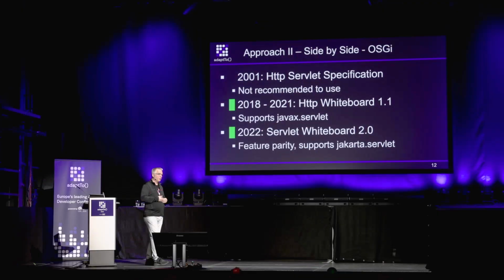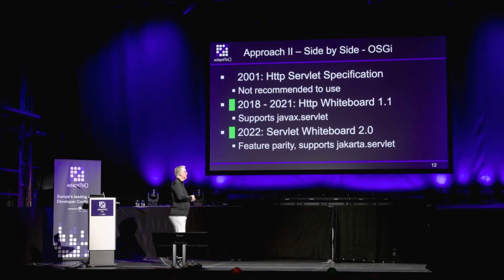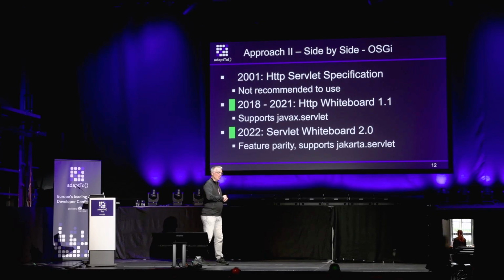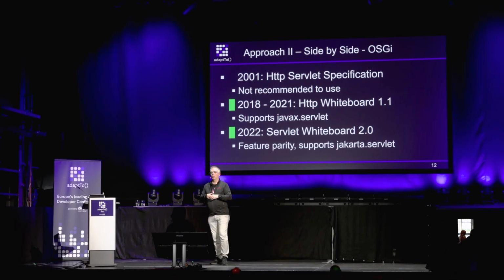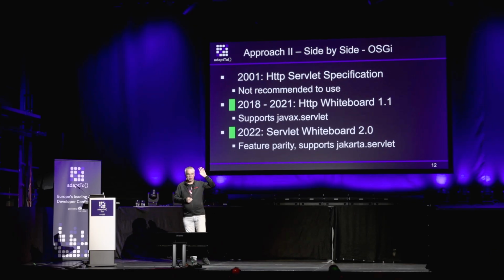No way in between. With 12, they changed it a little bit, but still, for a single web app, you have to decide which version to use. So that's not really user-friendly, I think. And other containers like Tomcat did a similar approach. Now, OSGi, because we worked on OSGi and helped the specifications come along, we did it, of course, much better than that. Forget the first bullet point.